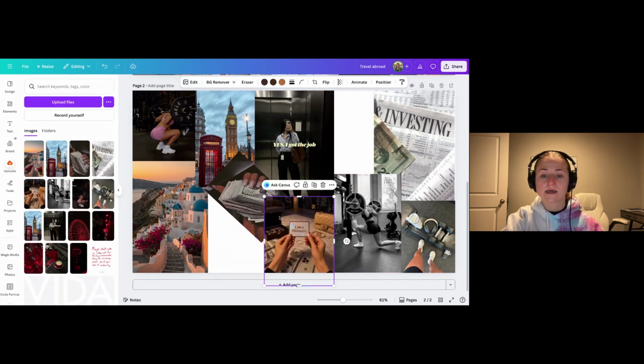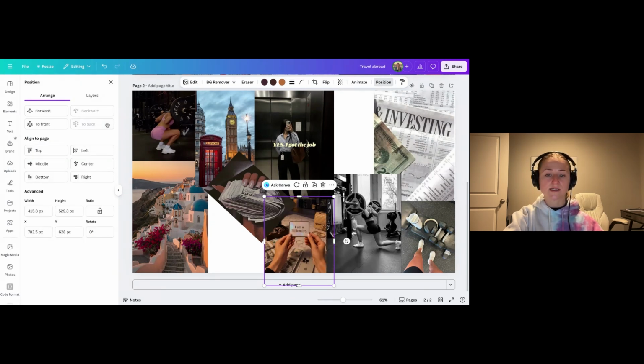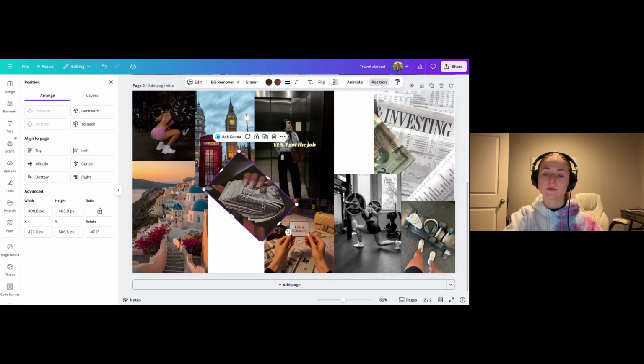And let's say I also want the picture of holding the wad of cash like in front of the billionaire. I'm clicked on the I am a billionaire picture. I click position, I send it to back. But let's say I want it over top of the working out picture, but I don't want it over top of the money picture. I'm just going to click forward once. So you can see how it put it above this weightlifting picture, but it's still beneath this money picture.